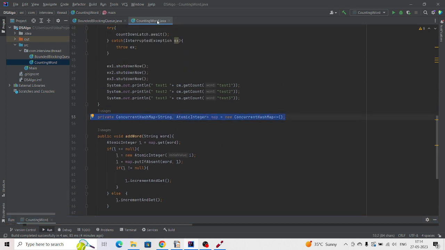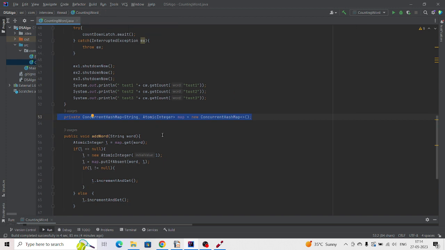So here is the counting word problem I took, and it will keep key value pairs as a concurrent hash map, because multiple threads will try